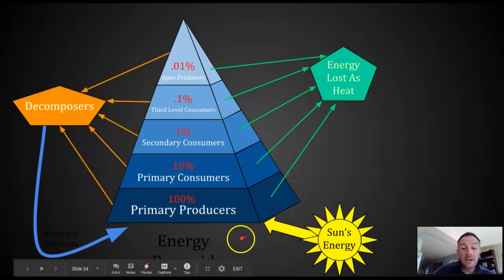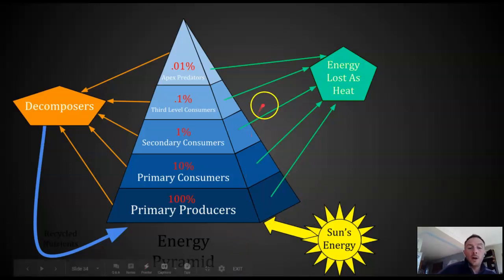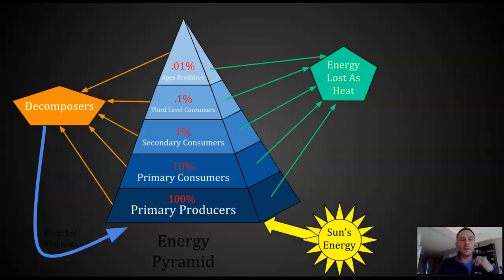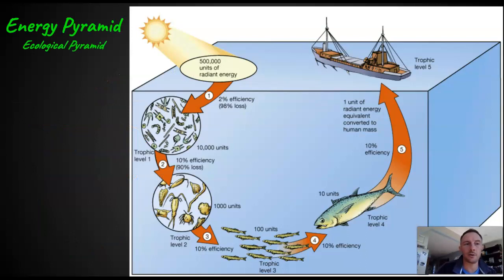So there's just not a lot of energy left for anybody in that ecosystem. They have to move too far, too wide, just to find food. And this is true for what we know for apex predators. They cover huge territories just to be successful. A mountain lion can wander 15 miles a day. I read somewhere that a wolverine can wander up to 30 miles in a single day looking for food. Whereas a deer doesn't have to wander very far because it's down here lower, and there's a lot more abundance of that energy available to them.